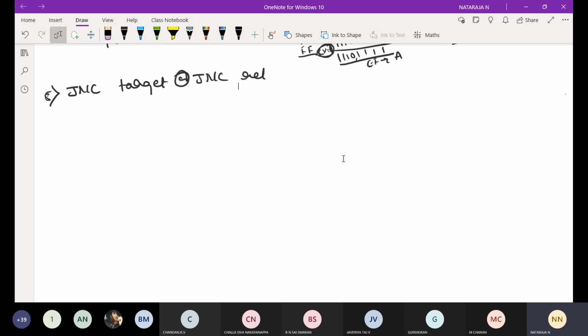Function: jump if no carry, carry is equal to 0. Description: this instruction checks the carry flag, and if carry is equal to 0, it will jump to the target address. You should write the operation on the program counter. I will write one simple program using some simple instructions. You have to trace that.